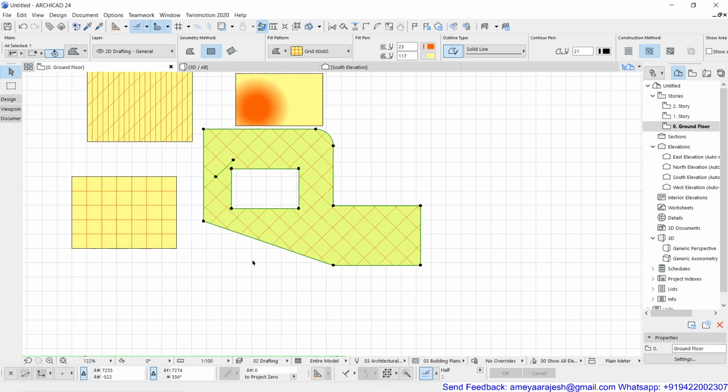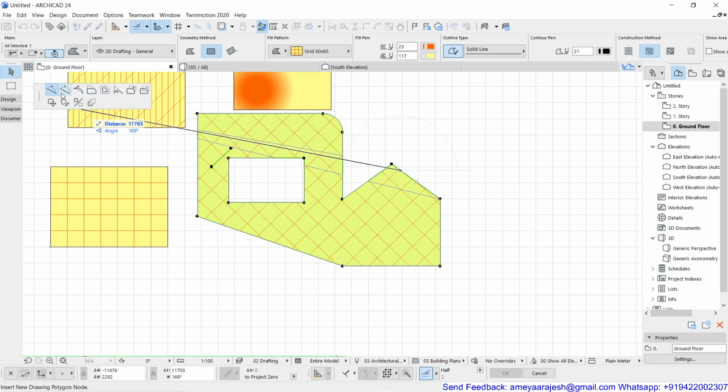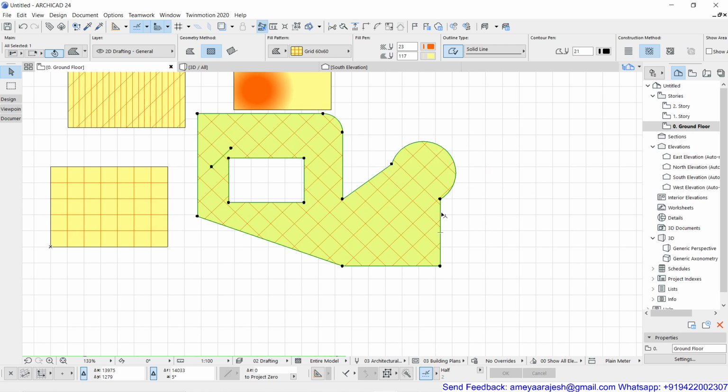So this was the pet palette, which I achieved by using the node. Now if I click with the Mercedes cursor, there's a possibility to have an insert node. If you use this insert node option, which is by default the first one, it will break that edge into two parts. Then again, if I click with the Mercedes cursor, this time on the round, curved edge, I can again make this kind of a change. It's going to be very interesting as you go ahead one by one. You also have an offset edge, which means only that edge can be offset by the required distance.